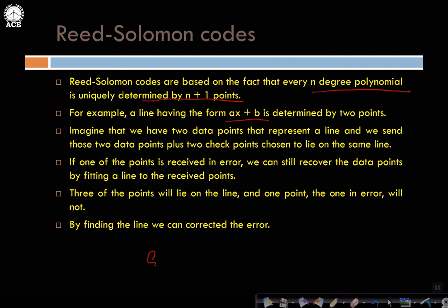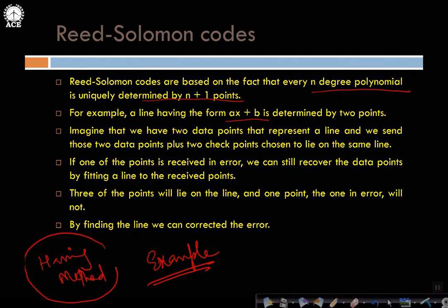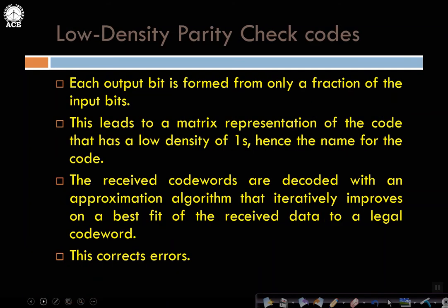If you want to see an example of this, you can see the textbook and try to work out. I am not going to discuss that because that is a very simple one. The important one is Hamming method, which is slightly involved, and if you try to read from the textbook about Hamming method, you won't be able to understand. Therefore you have to rely on my lecture here where I have explained to you. Like that, this also you can glance through, that is not that important.